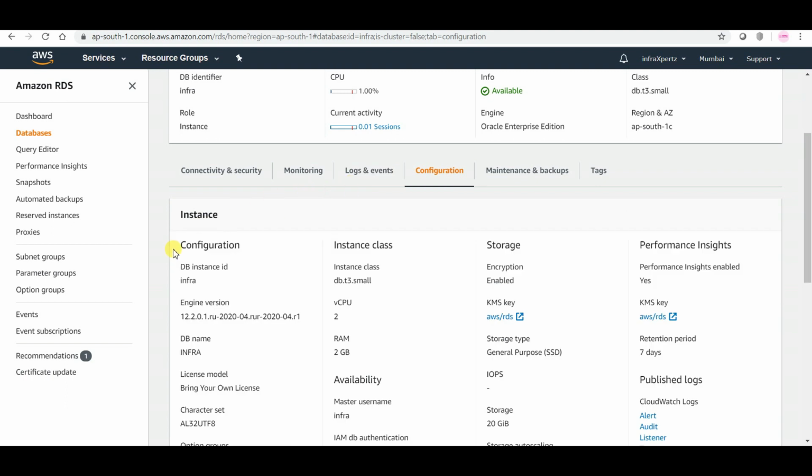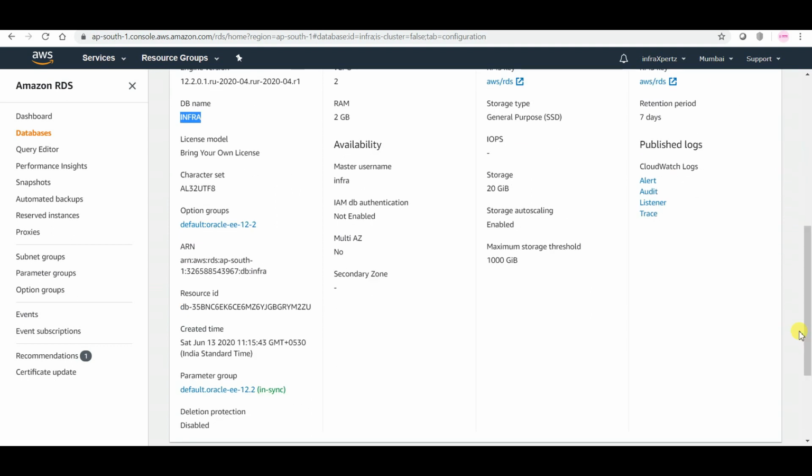From the configuration, you can see the DB instance ID as infra, instance class as db.t3.small, encryption is enabled, engine version is 12.2.0.1. It is running on vCPU, virtual CPUs. RAM is taken as 2 GB. Database name is infra. Master username as infra.